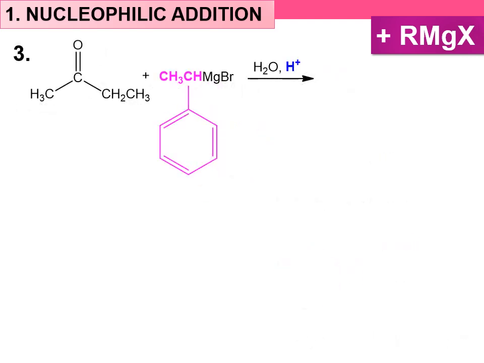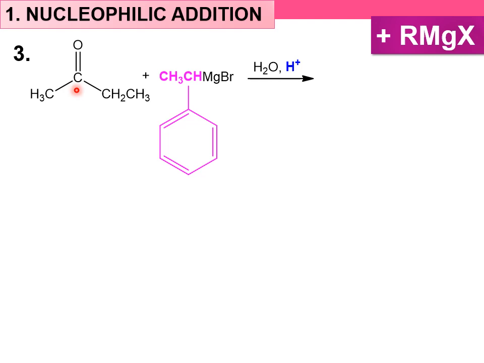Right, let's do one reaction on ketone. This is a butanone, and it is reacting with, wow, a Grignard reagent with an aromatic ring. Okay, just bring it with us while attacking the carbonyl compound. So we are going to attach the R from the Grignard reagent over here to the carbonyl carbon over here,